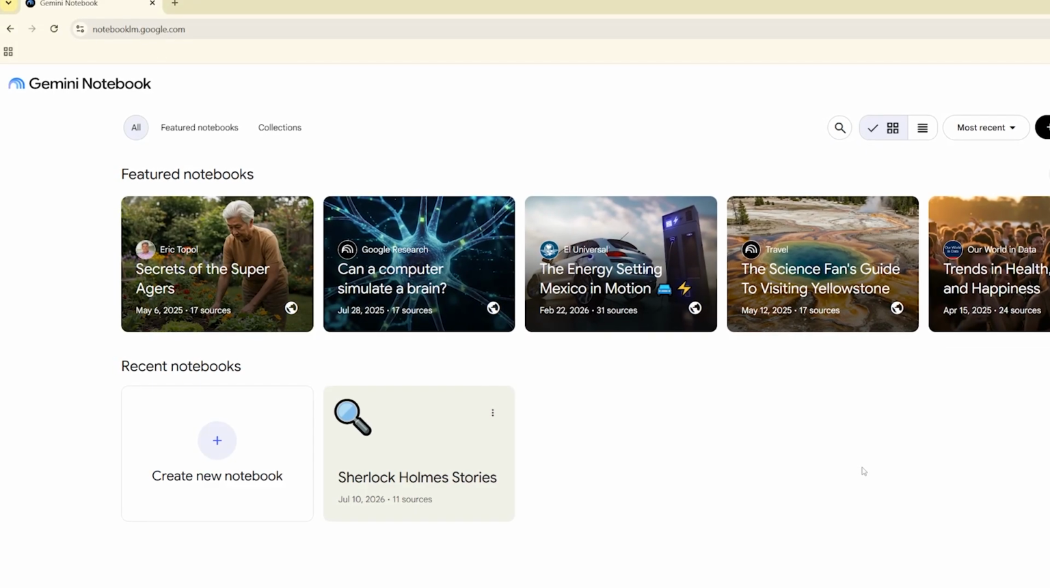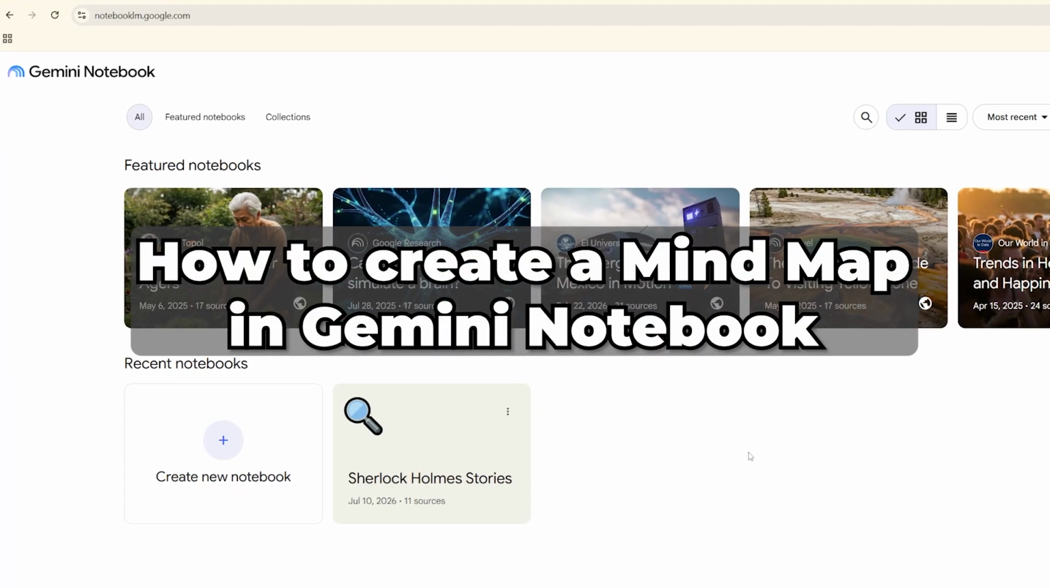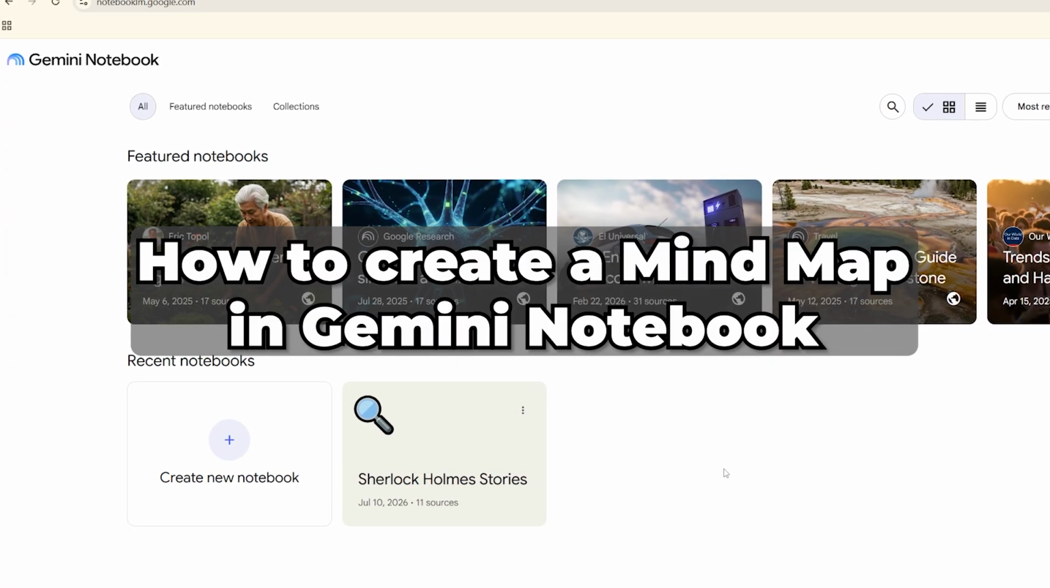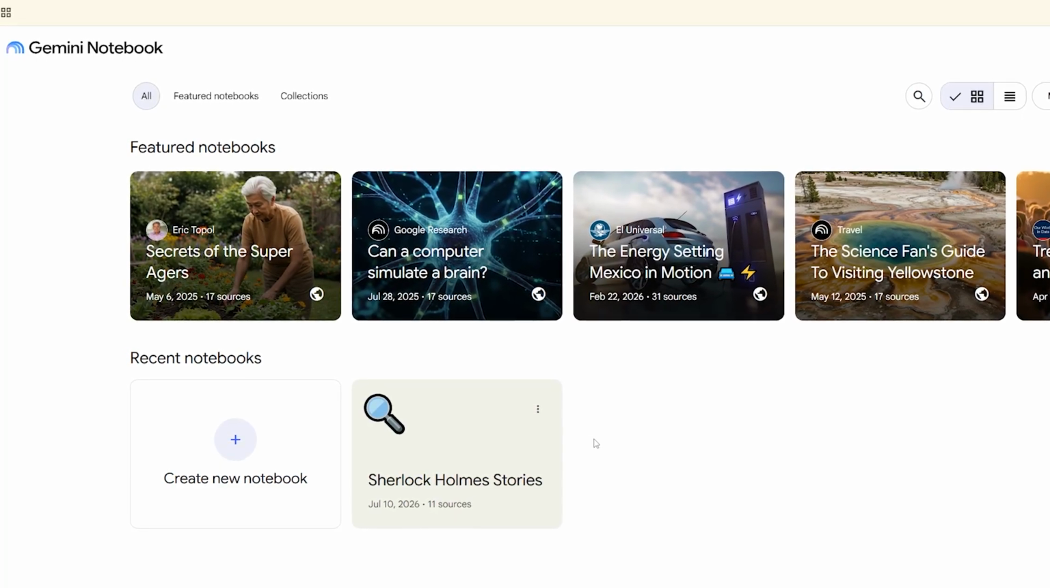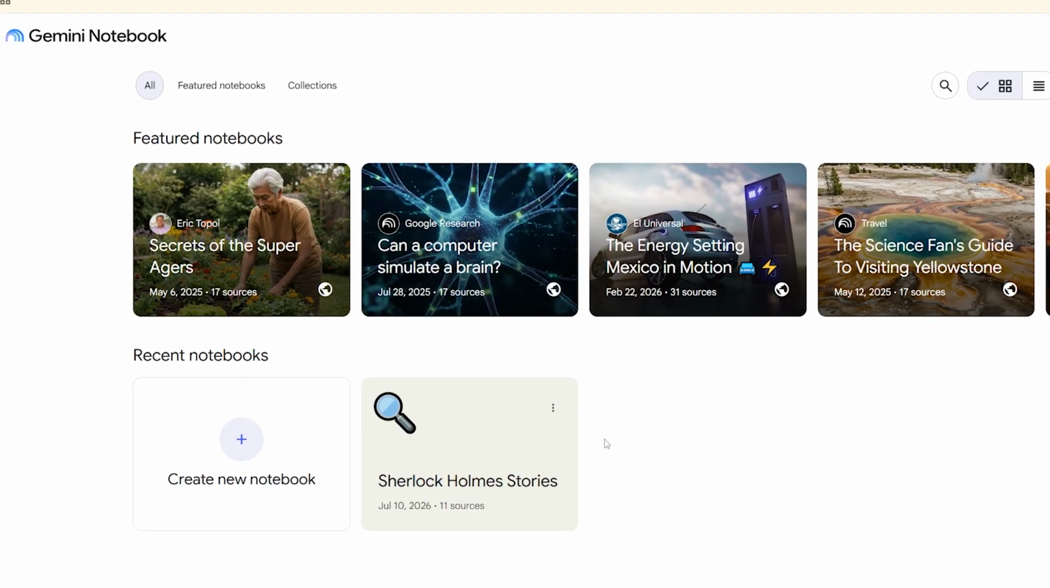Want to visualize your notes instead of reading through them? In this video, I'll show you how to create a mind map in Gemini Notebook, formerly NotebookLM. This time, we're not adding another source. Instead, we're turning everything already inside the notebook into a visual layout that makes the information easier to scan and